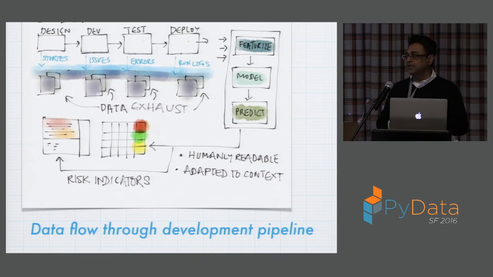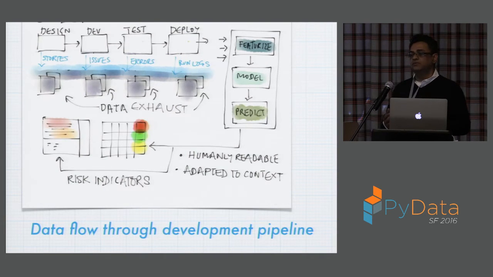And what I found is that there is a wide variation in the discipline on how we do software development, which makes it either easy or hard to build these correlative models, and I'll talk about that in a second. But the stuff that you see on the right, the featureized model predict, that's what we do at Numeric. And then we want to take these signals and put them back. So you can see that this is the beginnings of a feedback loop.